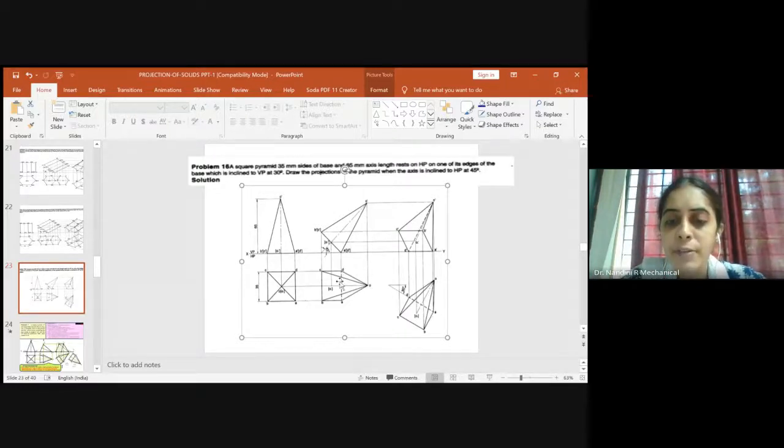Once you have shifted one of the sides on the 30° line, you have to construct the remaining part of the base and the apex part also. For that it is easier. From D you draw a perpendicular line. From A you draw a perpendicular line, because you have to construct a square base. After drawing the perpendicular lines, you measure the distance D to C, how much it is, and keep one end of the compass here and cut an arc. Similarly, from A to B, you measure the distance, keep one end of the compass and cut an arc. So you got A, D, C and B. So you join it. Other sides are visible, you can darken it.